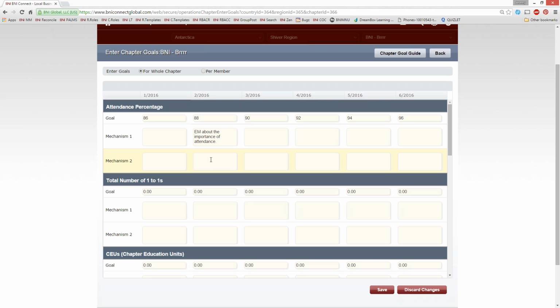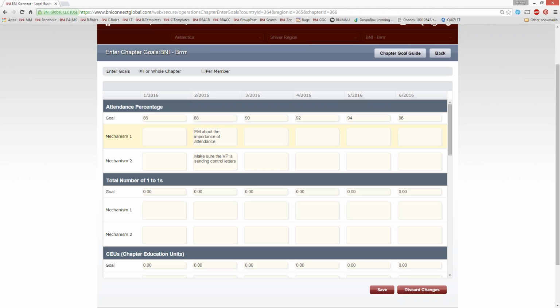But that's one of the things that just makes BNI work, that accountability aspect of it. So we want to make sure our members are accountable to showing up to the chapter meetings. So what we're going to do here is put in a mechanism: make sure the VP is sending control letters. Okay? So those are a couple of mechanisms.